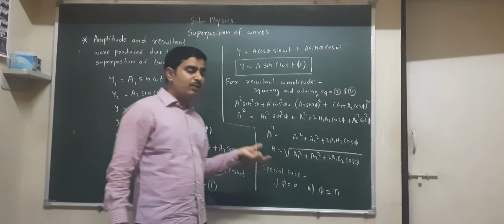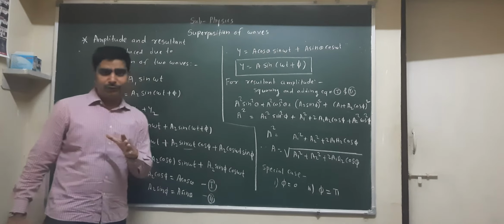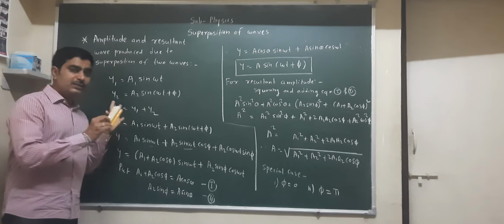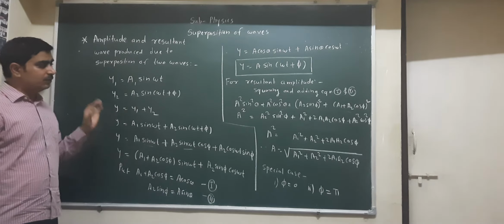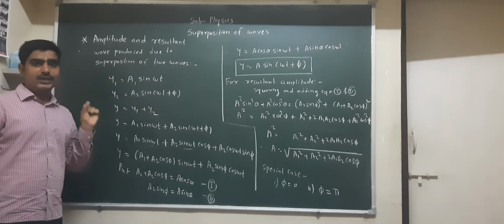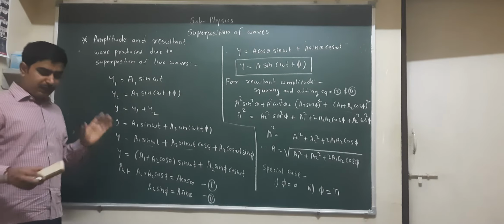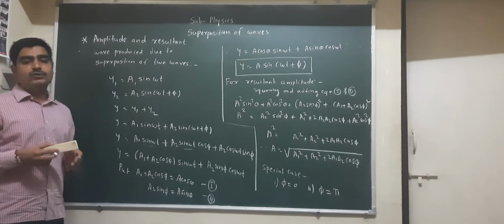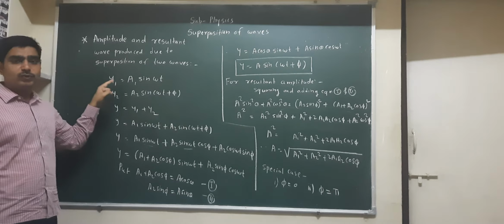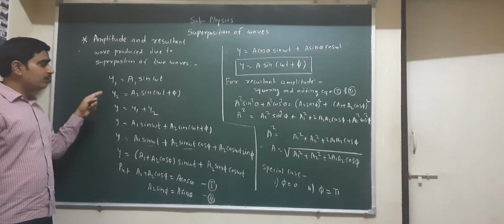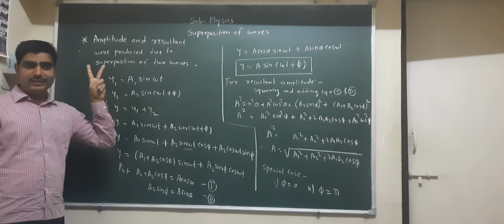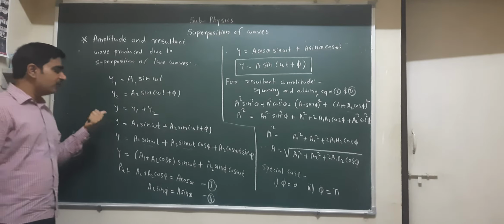So this is the formula for the resultant amplitude. Friends, I am going to explain this equation once again. Observe this very carefully. There is a total mathematical part. Remember, as we are going to write the composition of two waves, initially y1 is equal to a1 sin omega t and y2 is equal to a2 sin(omega t plus phi). These are the two waves, and their composition is y is equal to